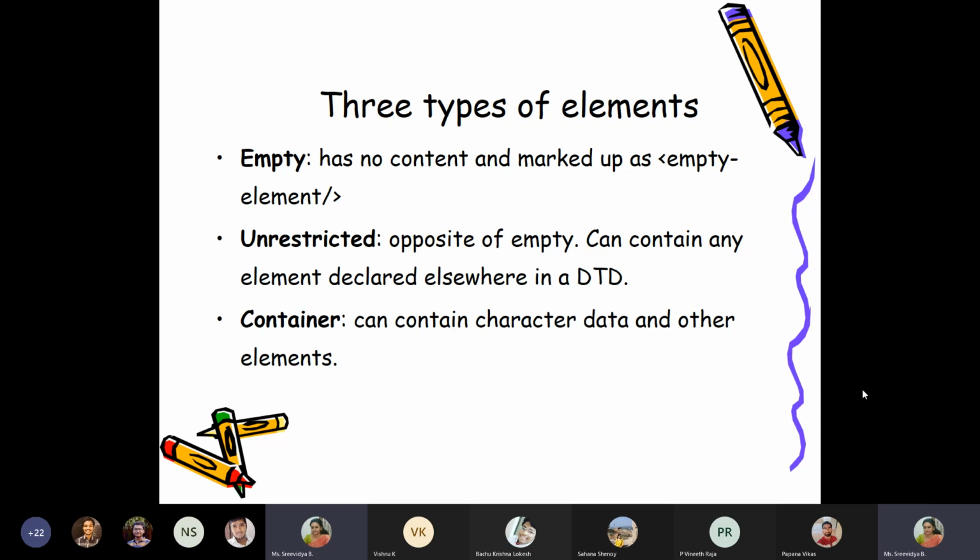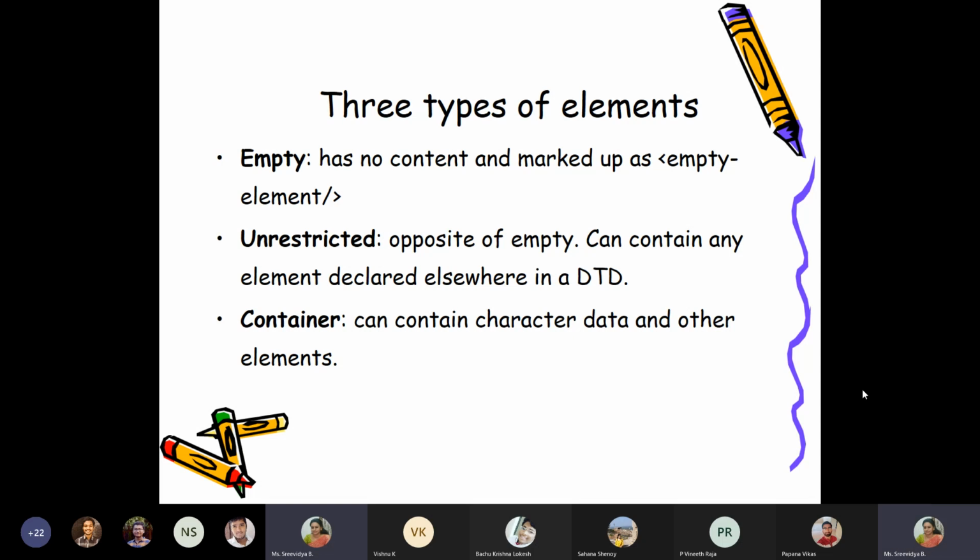Same way, there are tags which can take content alone, like, for example, body. It can have attributes as well as some other content in between. And then there are tags which don't have any content at all. For example, the HR tag, if you want to display a horizontal line. HR is the tag we use in HTML. Or BR, break, where a line space should be given between the content. These tags are empty tags. They don't have any content in between.